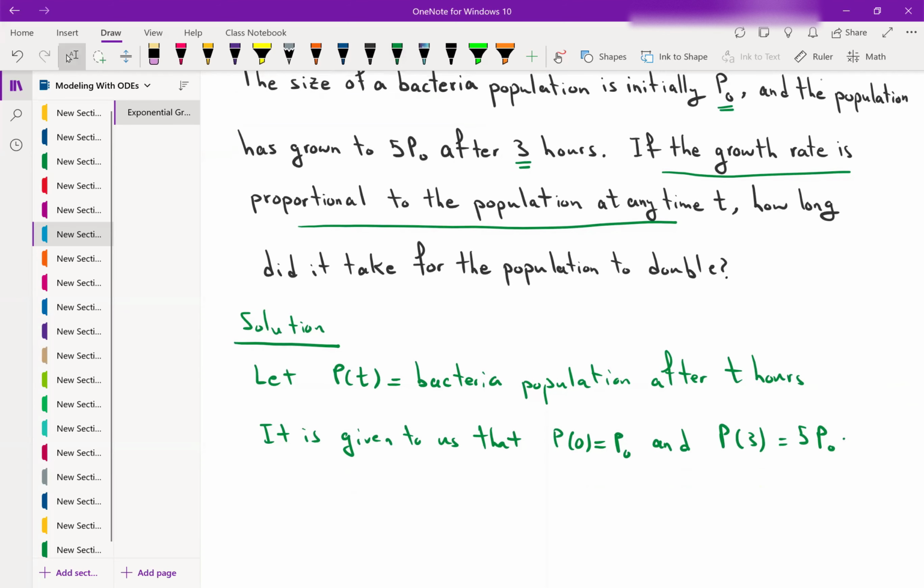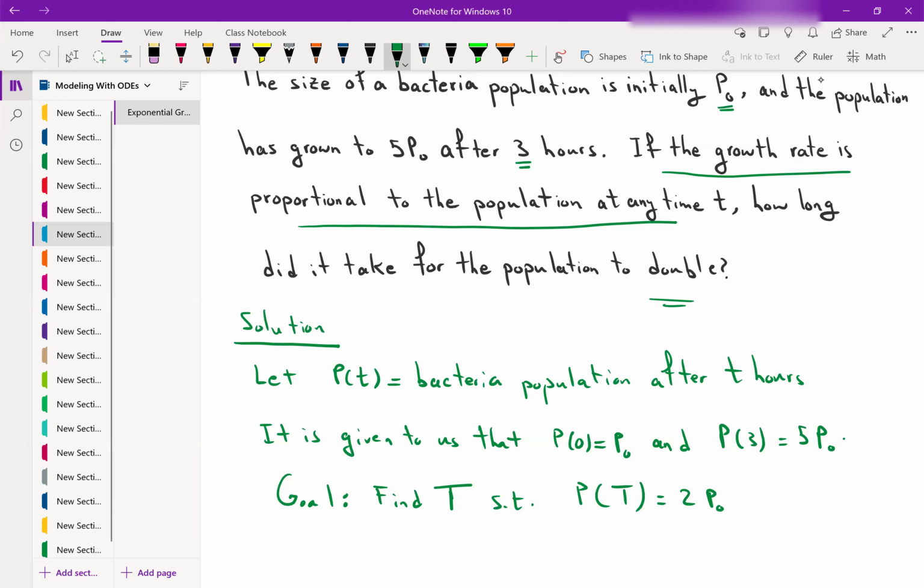What is the goal here? What are we asked to find? Our goal is to find t, I'm going to call it big T, the doubling time. I'm going to use the letter big D for the doubling time, such that P of big T is equal to 2 times P naught, because it says how long did it take for the population to double, right? That is the goal. And in order to do that, we're going to start by